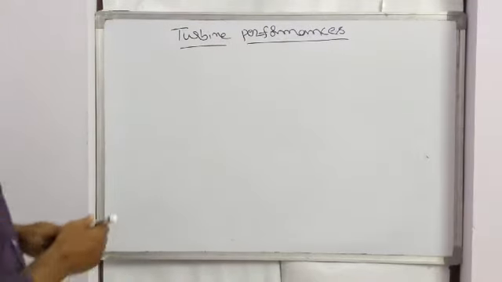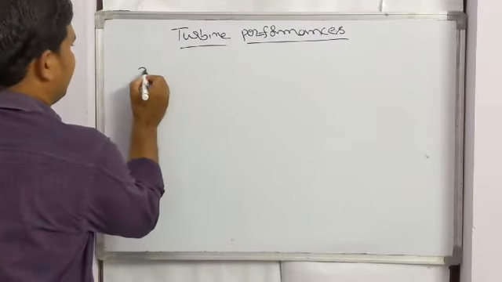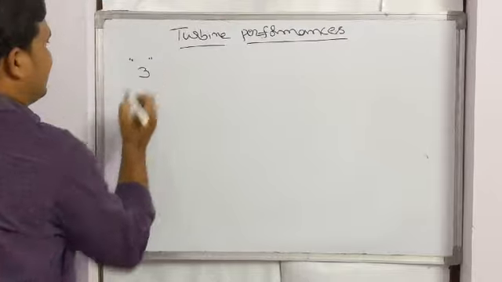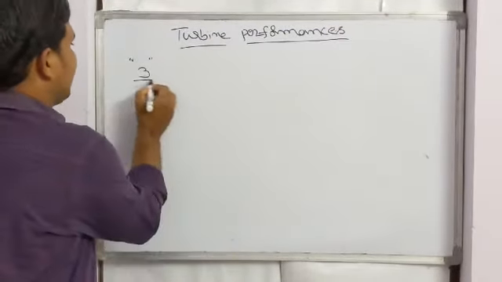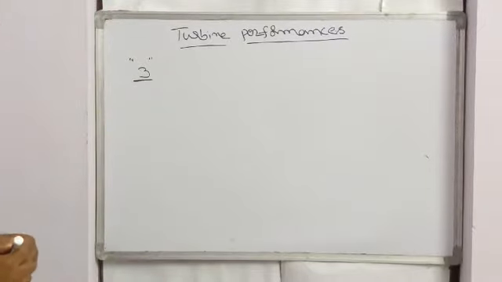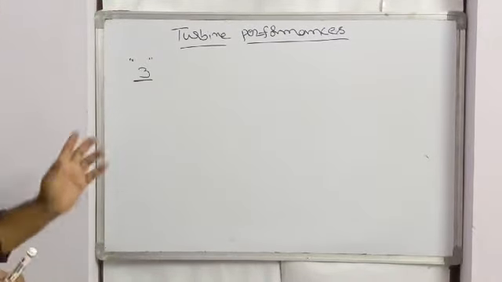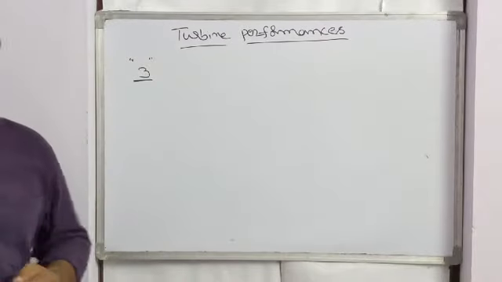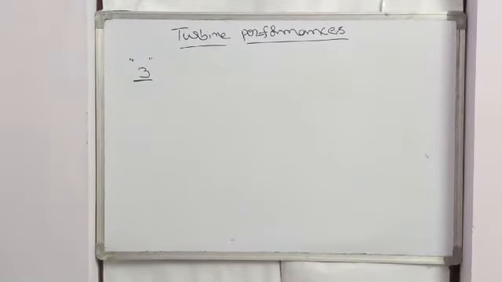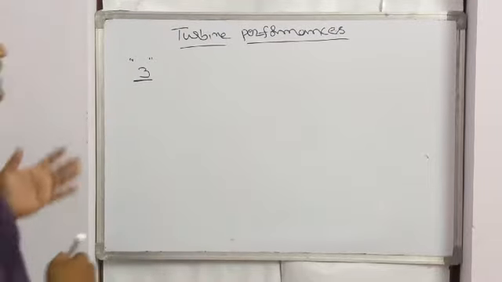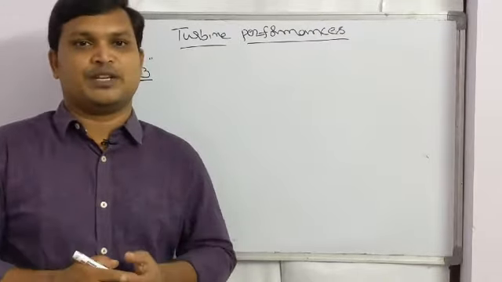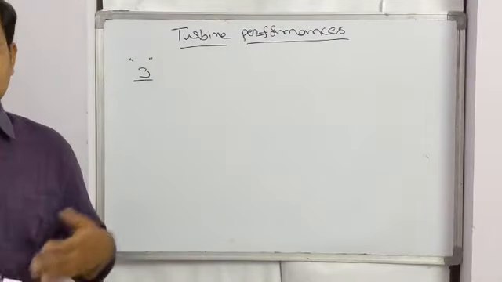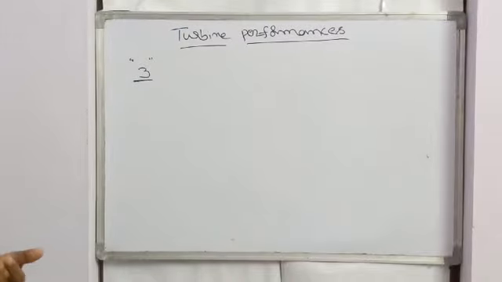This performance test is conducted on a geometrically similar turbine of small size in our laboratory. It gives us three functions. The turbine performance is used for: first, predicting the behavior of a turbine working under different heads; second, making a comparison between the performance of the same turbine in different situations; and third, making a comparison of different types of turbines.